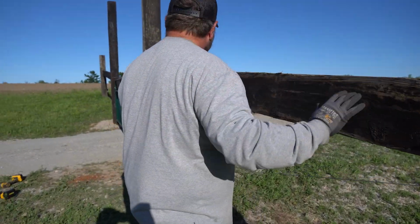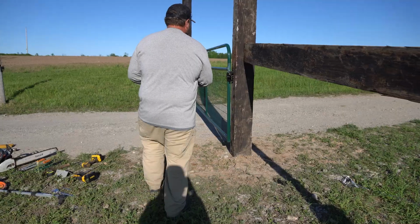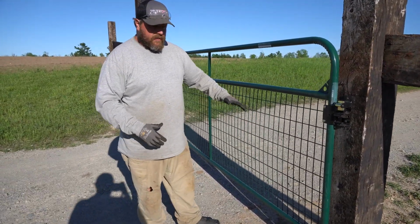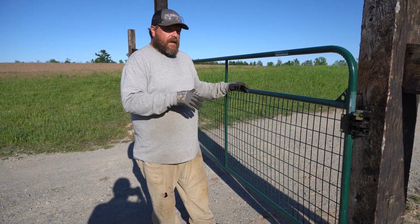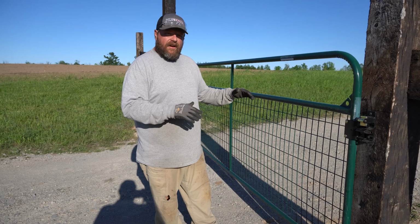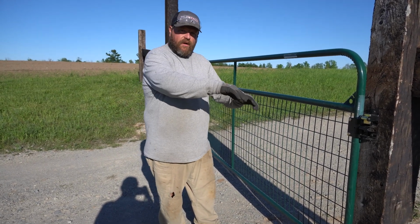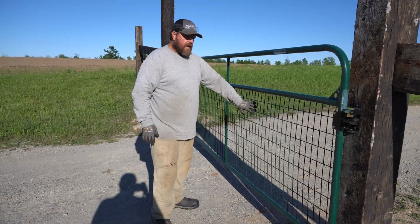So there's the main construction for setting up the corner and the gates. The gate itself, we did use this style with the wire. It is more expensive to do it this way, but the reason we did that, my dog, I haven't seen exactly how she does it yet, but with a regular cattle gate, I think what she does is put her front paws through and then wiggle through. So we wanted to keep, one of the main reasons keeping the dog in, we went with this style gate,